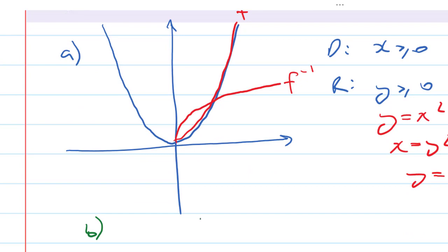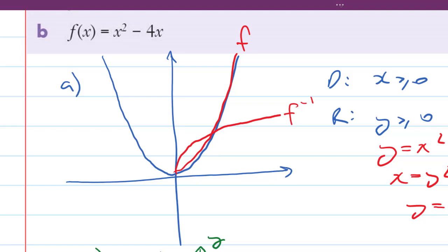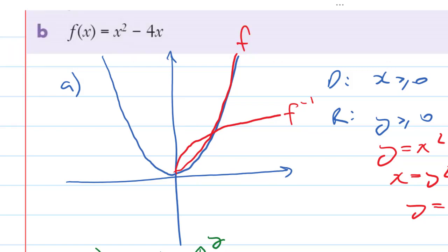This one's got a bit more going on, right? So x squared minus 4x. That goes through 0 and 4, right? So there's two options for restricting the domain. You can either do the yellow bit,